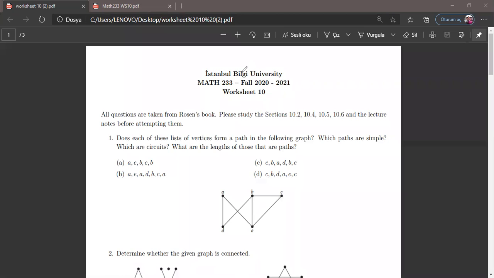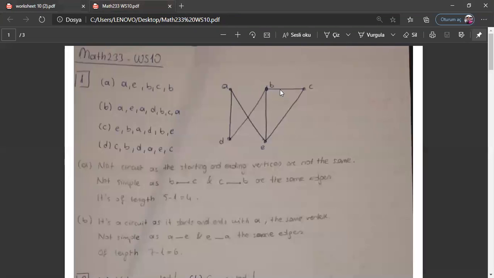First, we will decide if the given paths are simple or not, if there's a circuit, and the length of the given paths. So let's start here. Here we have the graph, as you see. So the first one is